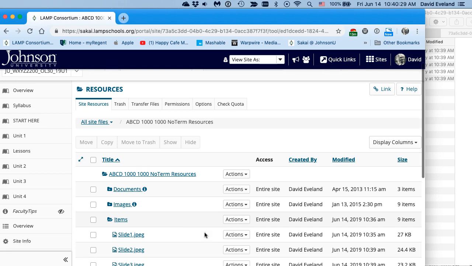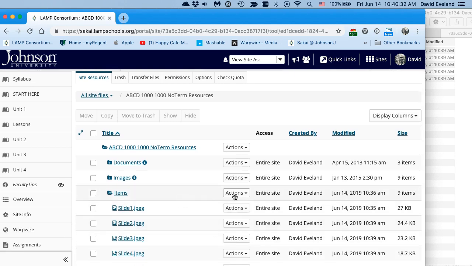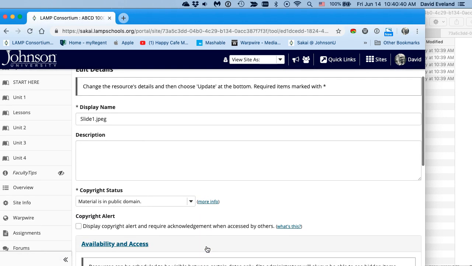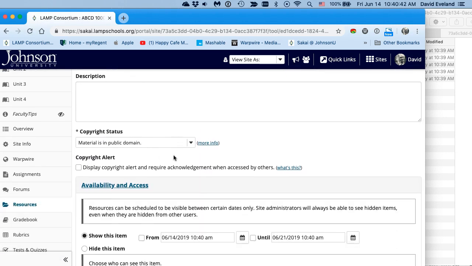So let me show you first of all how to do that at a resource level area. So I'm going to go ahead and select the items here. We're going to go to slide 1 and we're going to select edit details. And the details of the item can be put such that you have a description, you can specify the copyright,